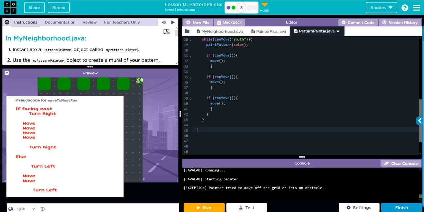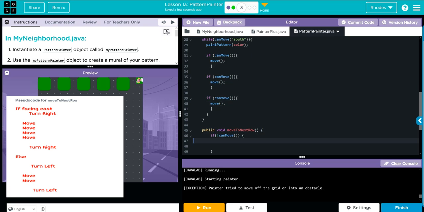Let's give us a little space here. And I'm going to call this one move to next row because that's what it is. So let's do a public void, and this is move to next row. Don't forget your curly cues. Oh, we don't need a semicolon there either, kids. So that's going to be moving to the next row. What we said before was if we cannot move, and we don't have a command cannot move, but we do have can move, and we can do the reverse Uno card of that. So if we cannot move,